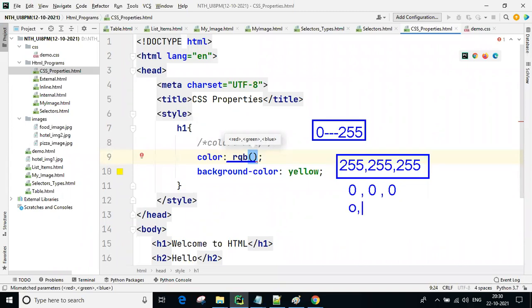Now again, I'm giving, this is not the word 0, guys, so set 0, 255, 255. Then you are getting some other color, yellow color or something, guys. Like that, between 0 to 255 for each value, you can use different values: 255, 254, 253, like that you can change the values. We can get a number of colors.